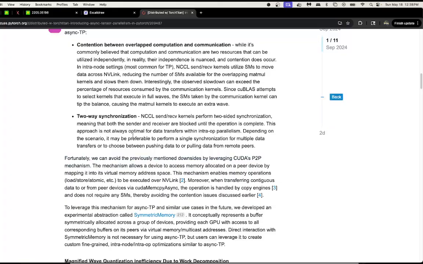So the other thing is two-way synchronization. I think it matters a little less, but let's just read it. It says NCCL send and receive kernels prefer two-sided synchronization, meaning that both sender and receiver are blocked until the operation is complete. This approach is not always optimal for data transfers with intra-op parallelism. Depending on the scenario, it may be preferable to perform single synchronization for multiple data transfers, or choose between pushing and pulling data from remote peers. So I think basically what it's saying is